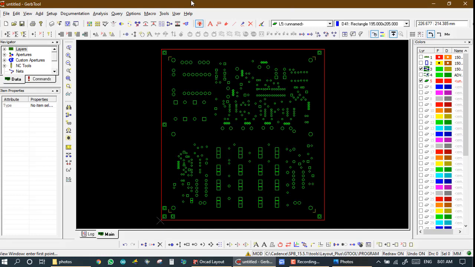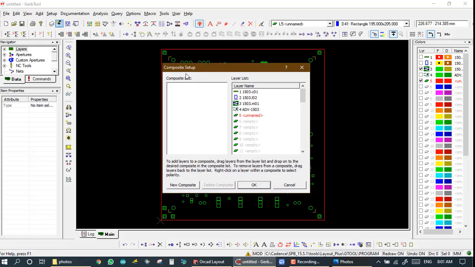For composite we go to setup composite. It is composite setup, and take new composite. First I take my 5th layer, click on it and drag it.